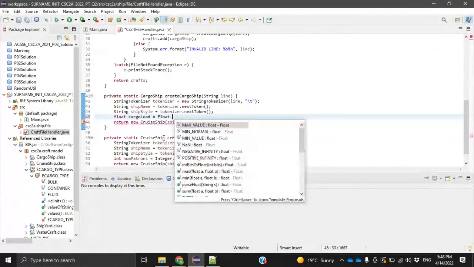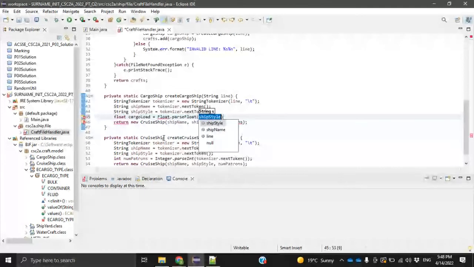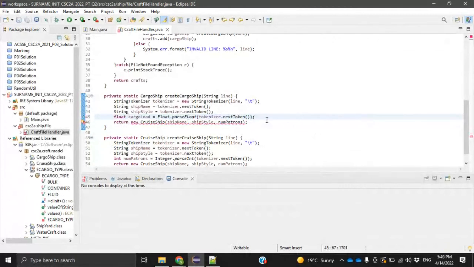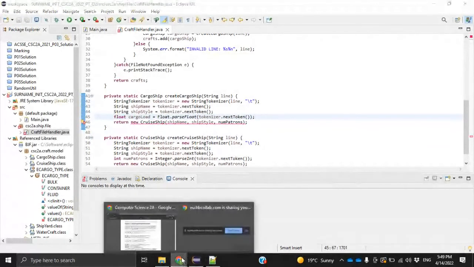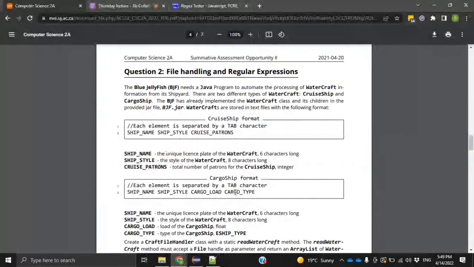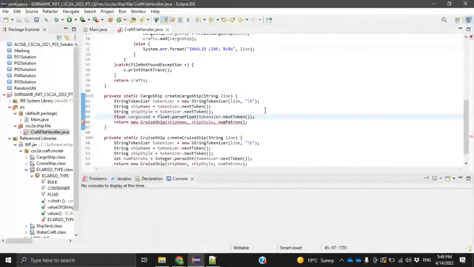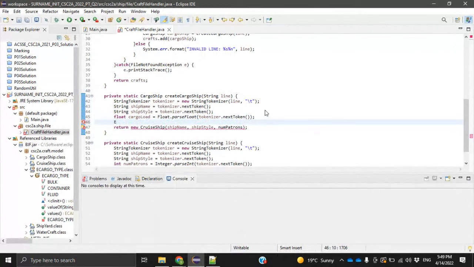I doubt this class actually has... oh yeah, okay. So tokenizer dot next token. And then we need to get the final thing, which is the cargo type, which is an e-ship type. So let's do that. e-ship type, cargo type is, we can use the method that is provided by